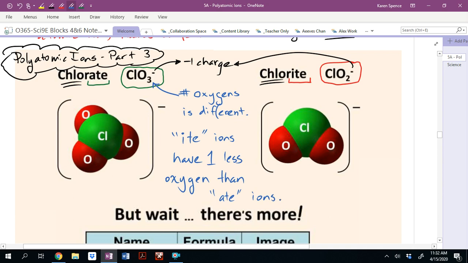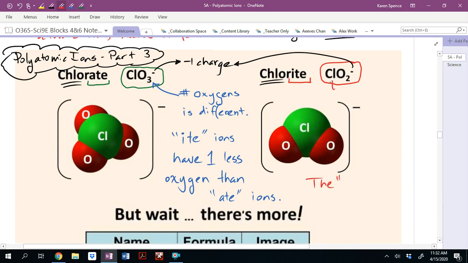Now, wouldn't you love it if I said something like, oh yeah, all the ate ions have 3 oxygens? I'm sorry, I cannot do that. That isn't the case when you get to something like sulfate, it's SO4. The ate ion is simply the most common oxy ion